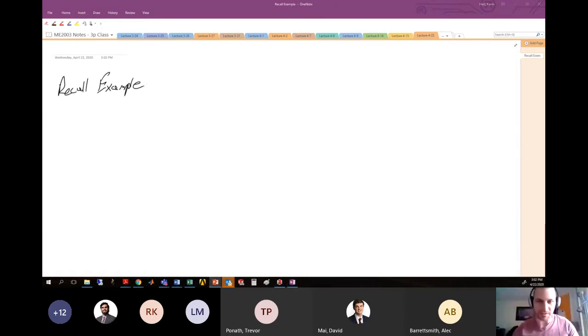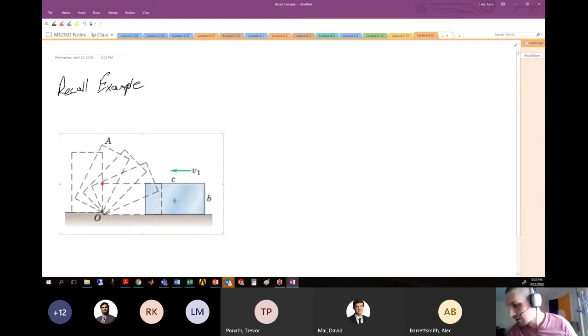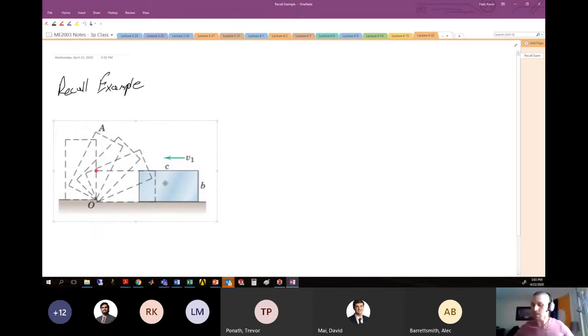And our example was this example. It was the block sort of sliding to the left, and it was going to hit this sort of hitch in the road at point O and begin to kind of curl up. All right, so we want